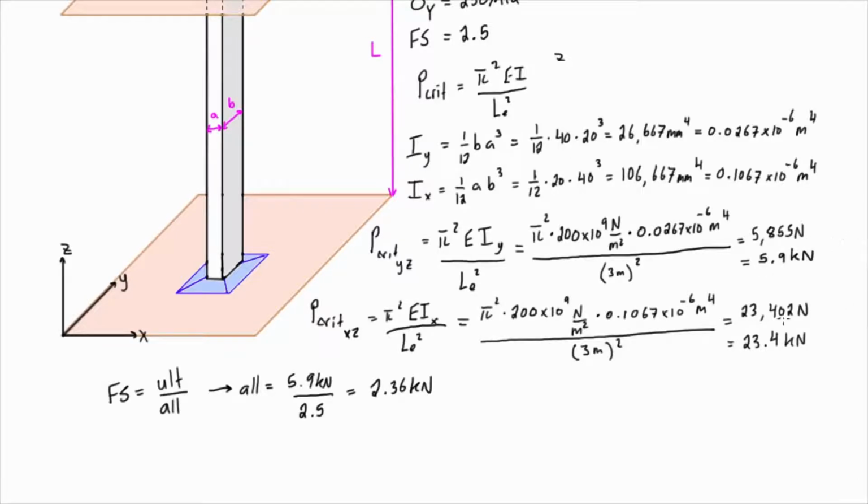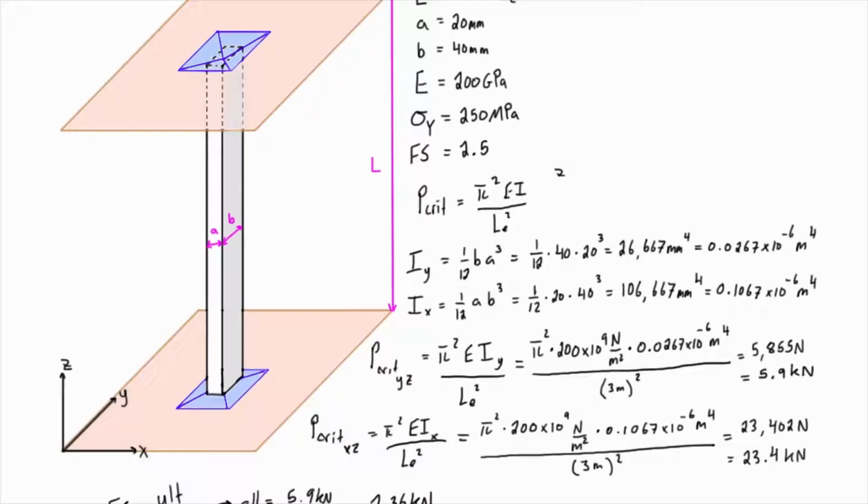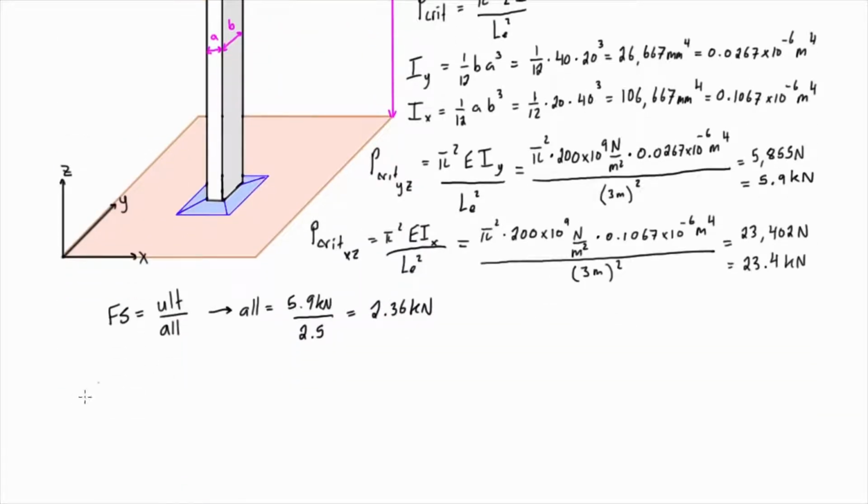The one other thing that we can check with a column problem is that it's possible the column buckles before it yields, or it's also possible that the column yields before it buckles. So if we want to quickly check that this column won't yield before it buckles and that this is in fact our true allowable load, we come back up to the top here, where the yield stress was 250 megapascals for this particular material. So we have yield stress is equal to